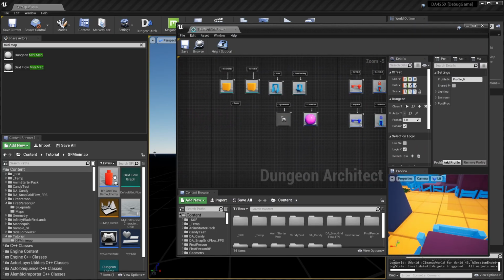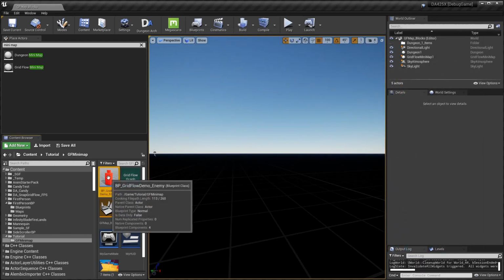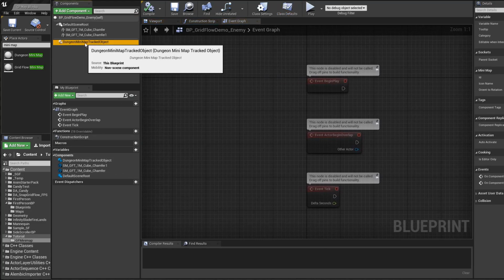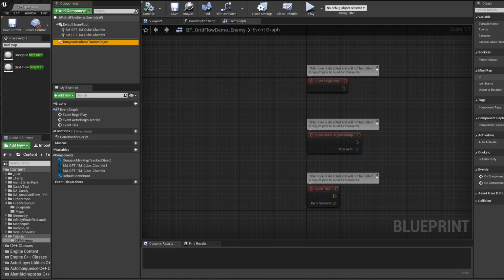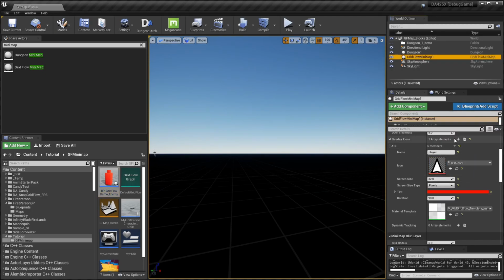I'm going to get rid of the original one and use this. Here we already do have a minimap tracked object, and it's tagged with the ID enemy. So let's go to our minimap and add another overlay icon